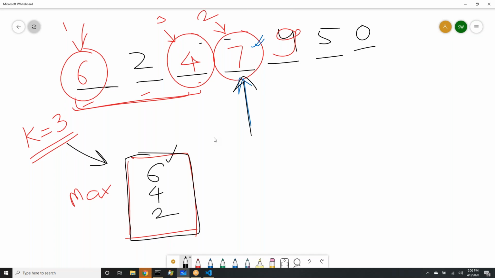So we should delete the least element. That is what you are suggesting. Do you get it? Since we have to keep track of the 3 highest values, he's saying it is better to delete the least value that is of no use if 7 can come into the picture, because one among these 3 will be the third highest. Is it true that we should delete the least value, not the highest value? If we have to delete the least value, a max heap is not the right candidate.